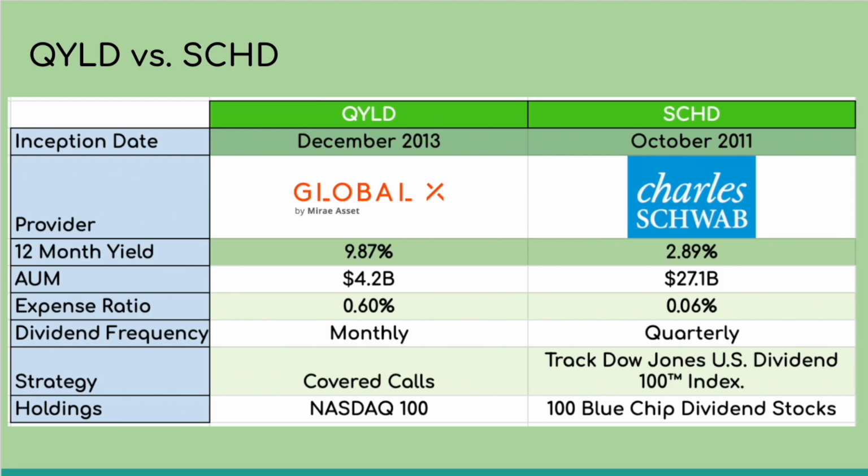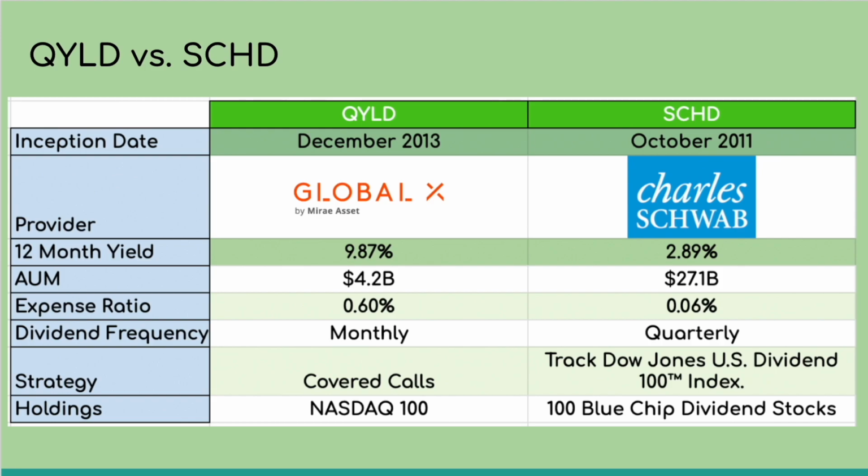Now, another thing that investors are really gonna like here is that the expense ratio is only 6 basis points. That's $6 given up in fees for every $10,000 invested, which is an absolute bargain. Compared to covered call ETFs such as QYLD, many of them have expense ratios of 60 basis points or higher. That would be $60 you give up every year for every $10,000 invested.